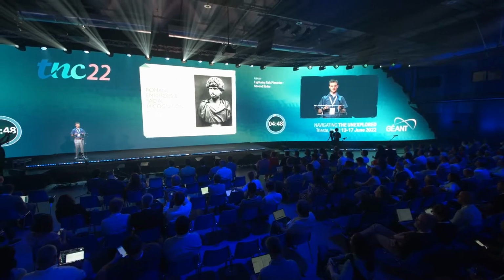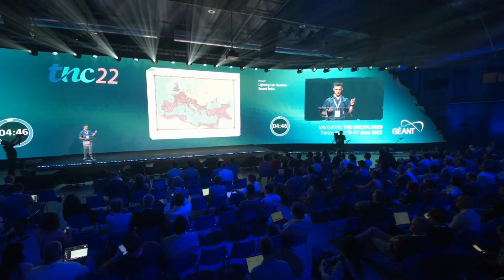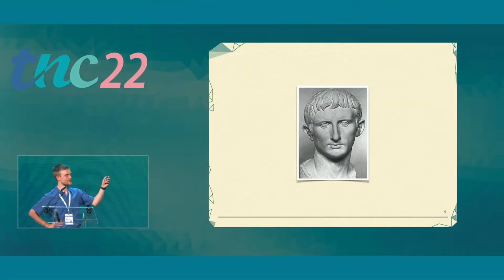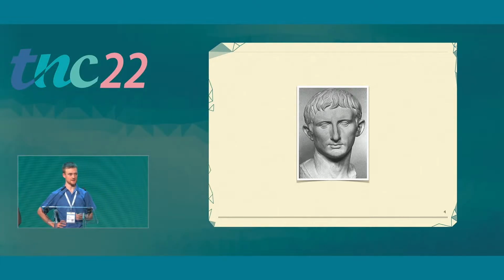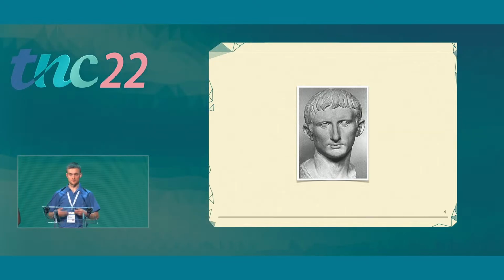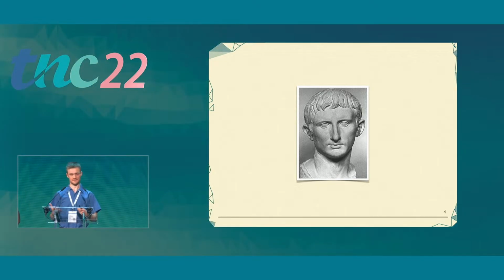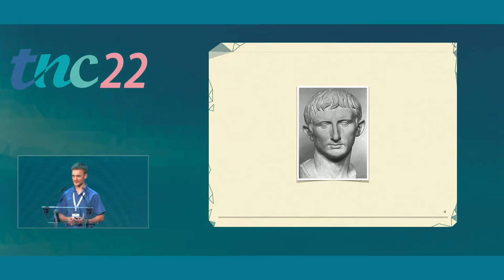For this presentation, I'm going to assume that you know about the Roman Empire, because it was one of the largest empires the face of the earth has ever seen. At the head of this empire stood the emperor. Here you see a depiction of Emperor Augustus in one of the countless statues that were made of his appearance. These statues served as a proxy for his appearance because, let's be honest, which filthy pleb would ever get to meet the emperor in real life?